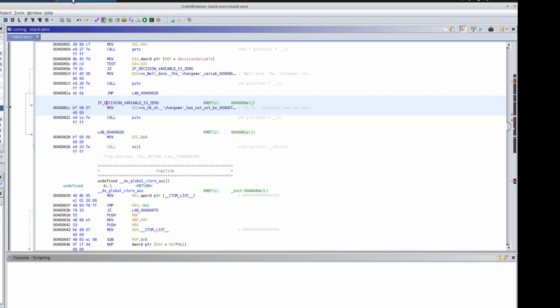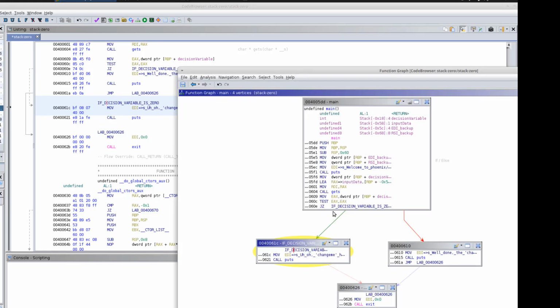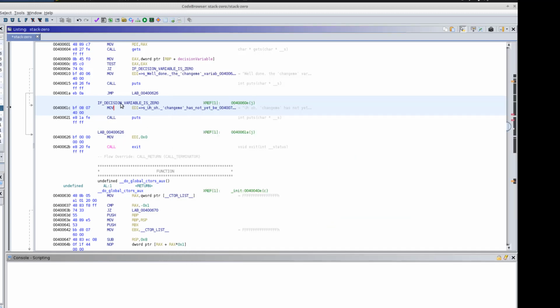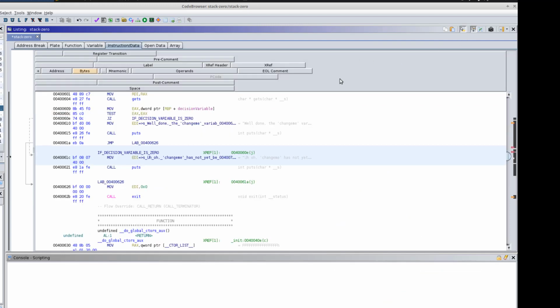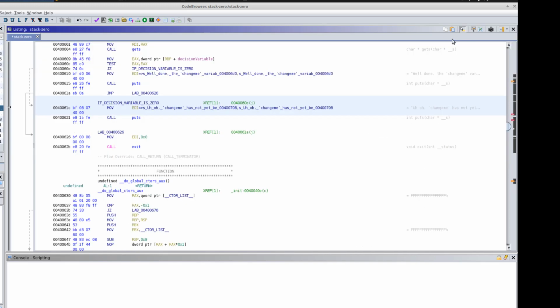And this is where we see now, if we look at the code, this is where we take two paths. If the decision variable is 0, it's going to jump down to this code. It's going to say, uh-oh, change me has not been changed. Let me see if I can make this wider. Okay, and then it's going to print that out, and then it's going to jump to the next state part,